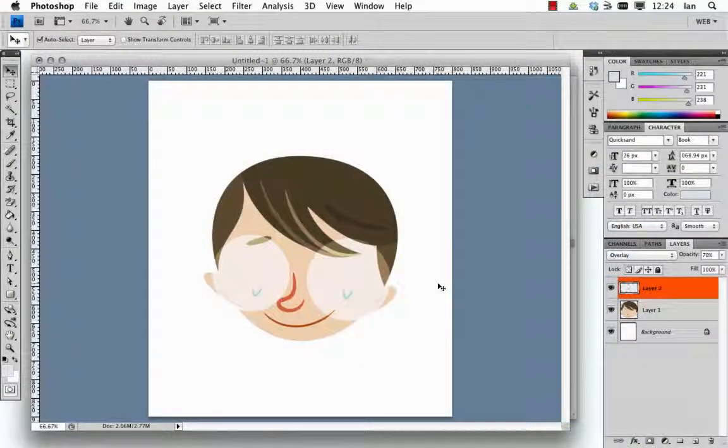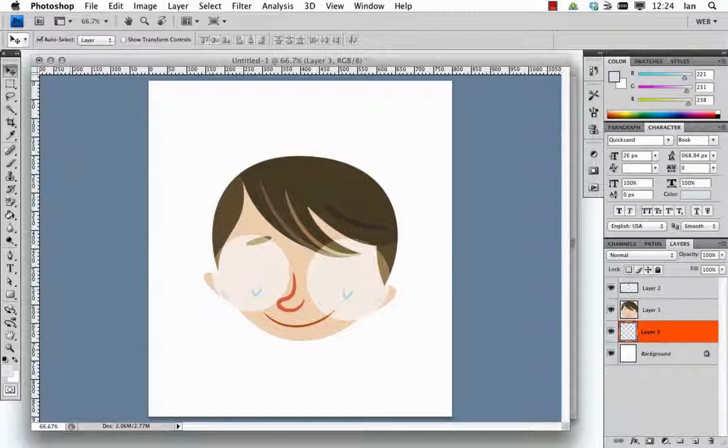But if you were to be animating your character, then it might not necessarily be so practical to be applying complex textures and effects to it. It might be much more sensible to leave things in a simplistic vector format. Anyway, as I say, in our case that's not a problem, so what we're now going to do is, having